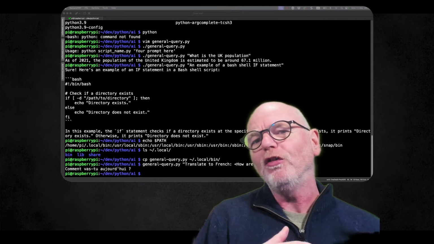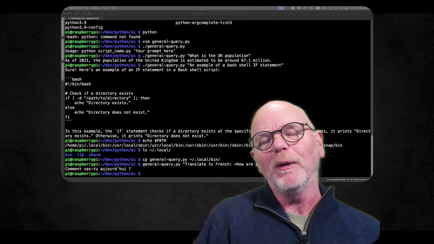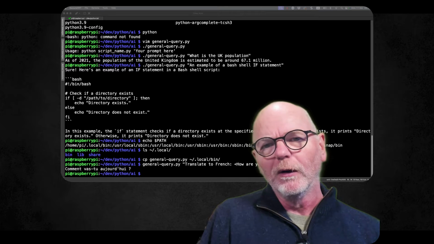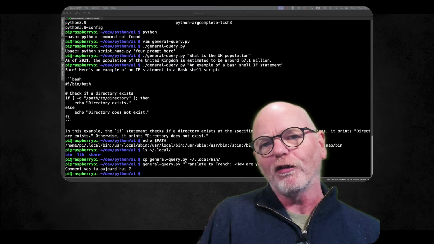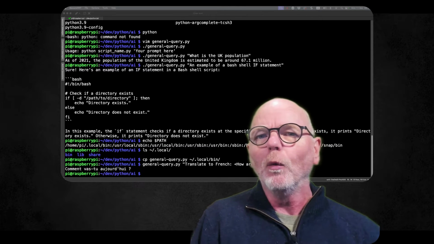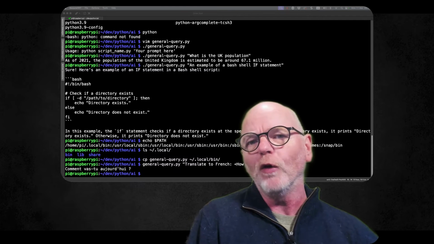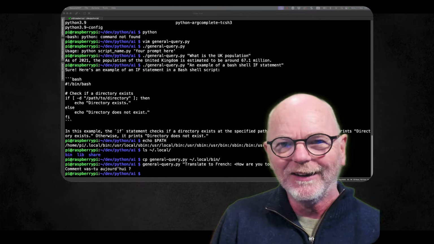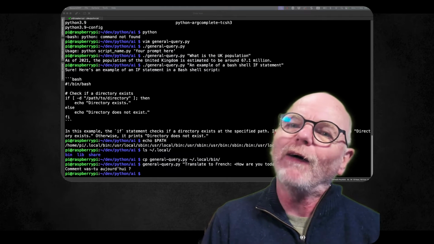We are continuing our dive into working with Python and our own AI applications. Don't you always wish that when you're working at the Linux command line, if you quickly need to look something up, you could do so? Well, if we create a Python script and have that within our path, we're going to be able to make queries directly from the command line rather than going into ChatGPT. So come on, let's see if we can find out how to do this.